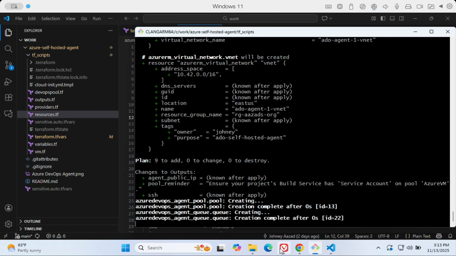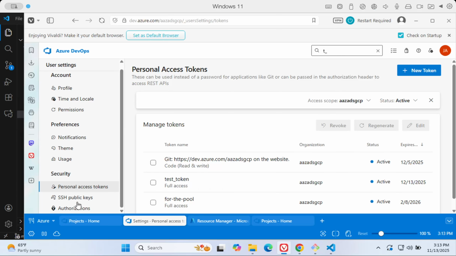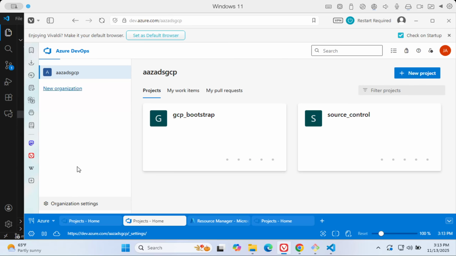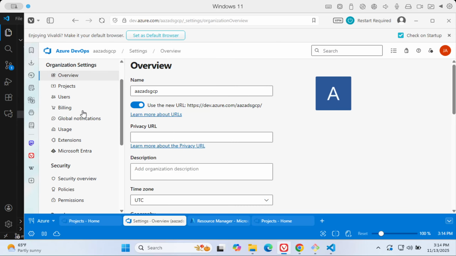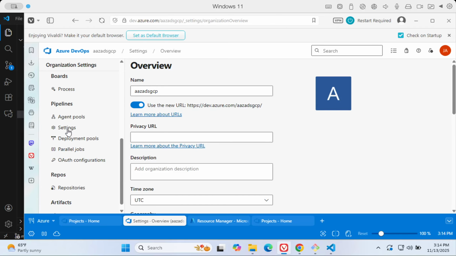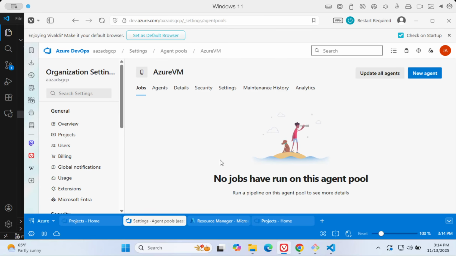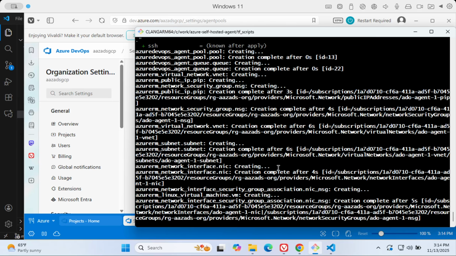Okay, so it has created the agent pool. Let's see. So Azure DevOps, organization settings. And that's the new pool that just got created. Now the agent is not going to show for a little bit because I'm doing quite a few things in that script. So going back here,